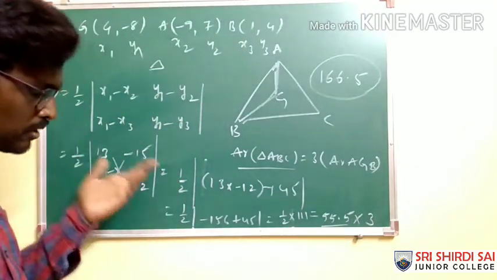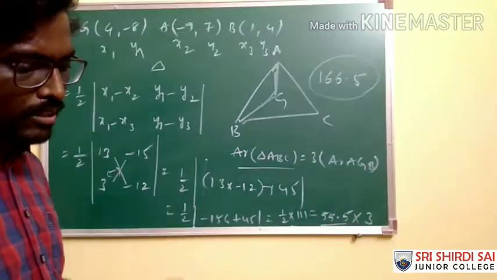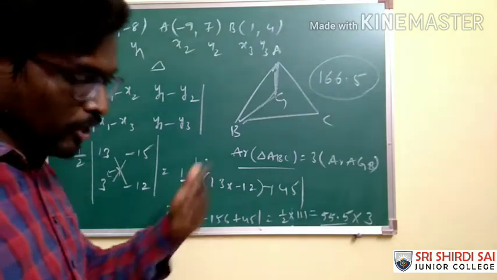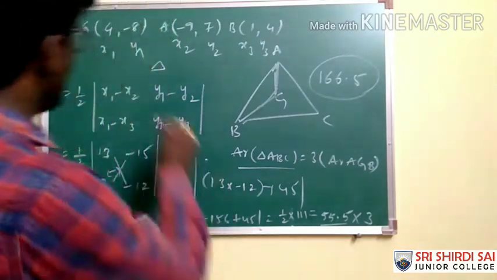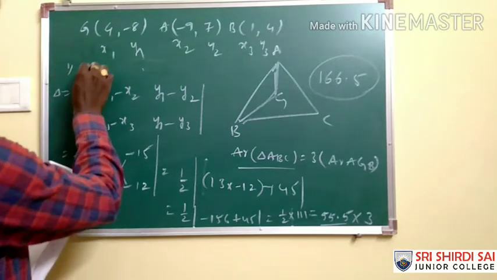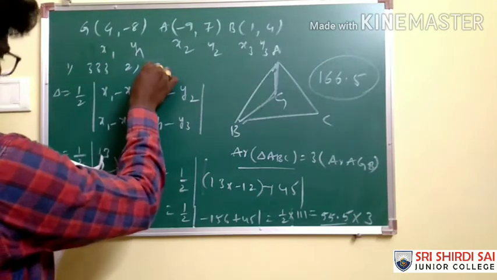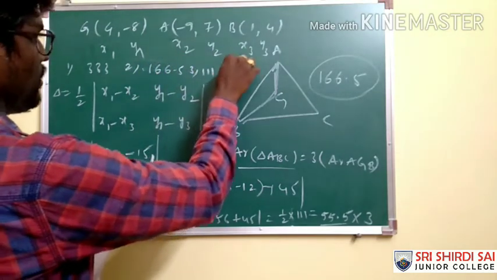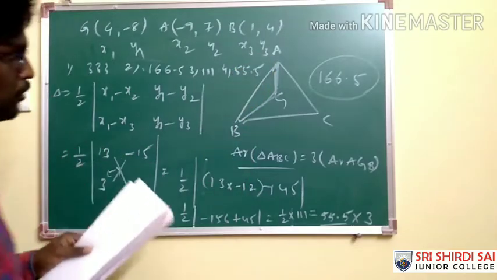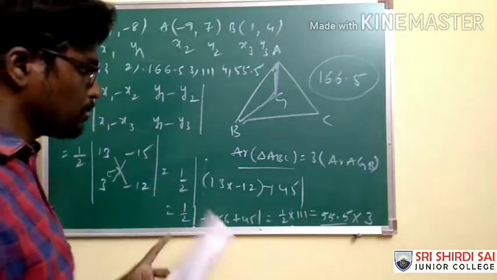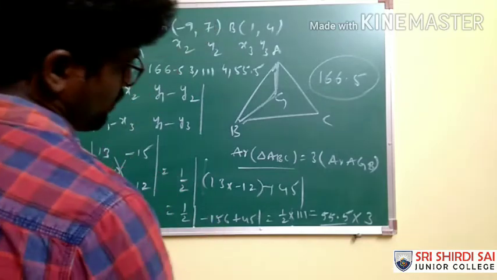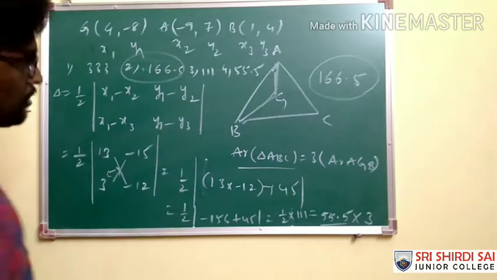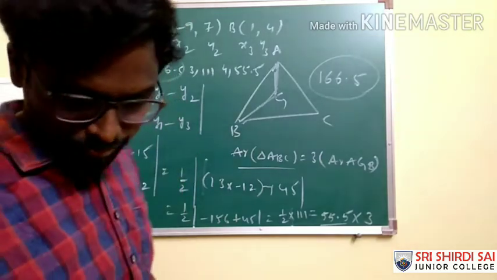Here we have the options 333, 166.5, 111, 55.5. See, again here we have 111 as an option and 55.5 also as an option. I write the options here. The first option is 333, the second option is 166.5, the third option is 111, and 55.5. To keep you under confusion, you have the 55.5. You will forget about this, that's the reason. Please be careful. Our requirement is the second option. Hope you got the idea.